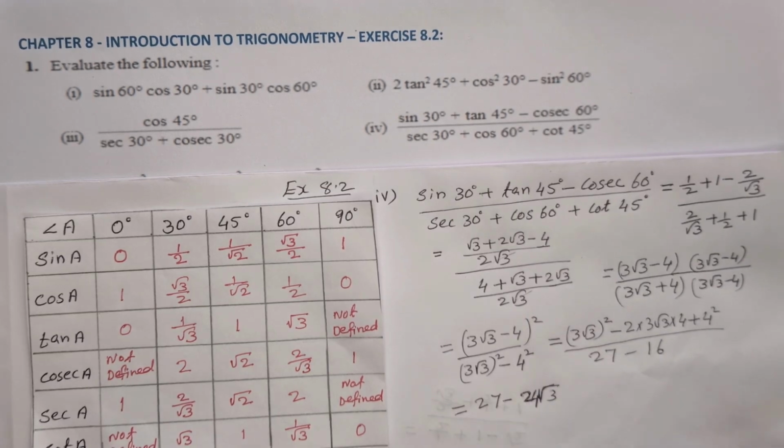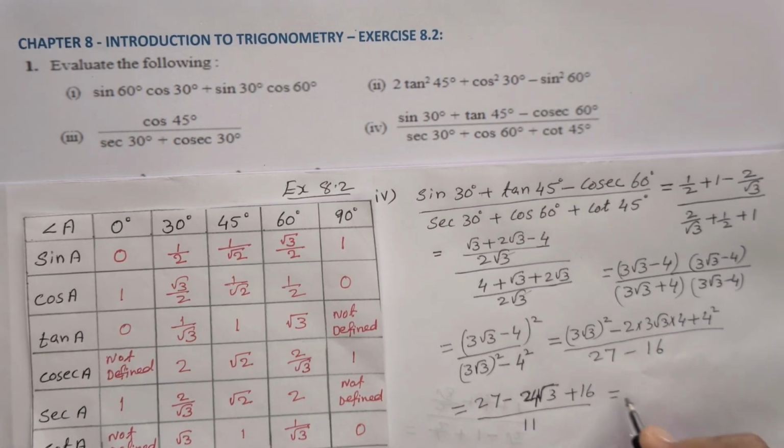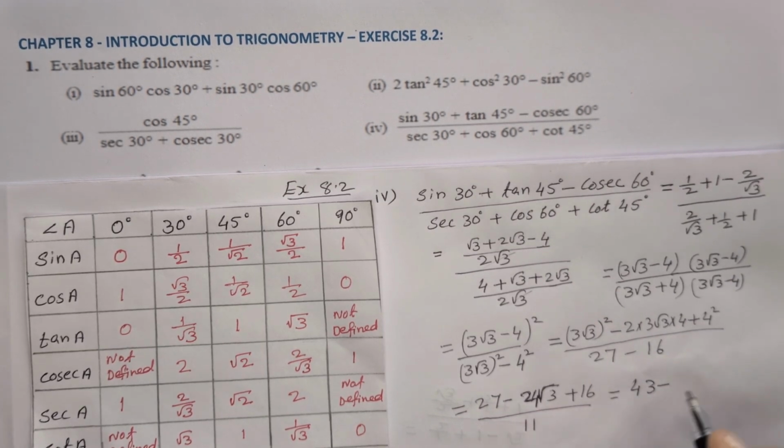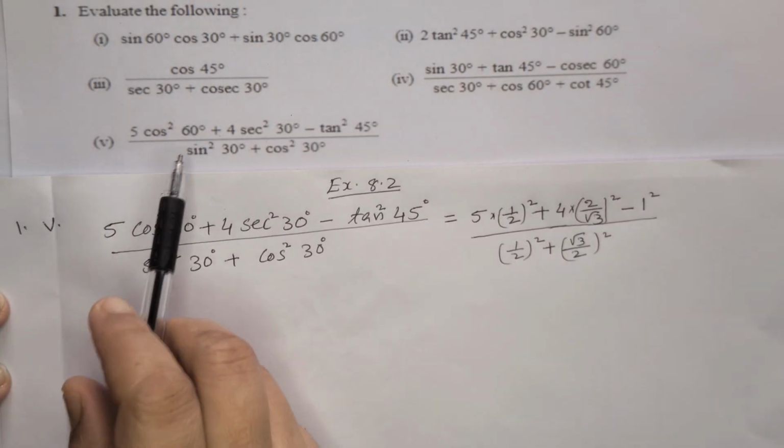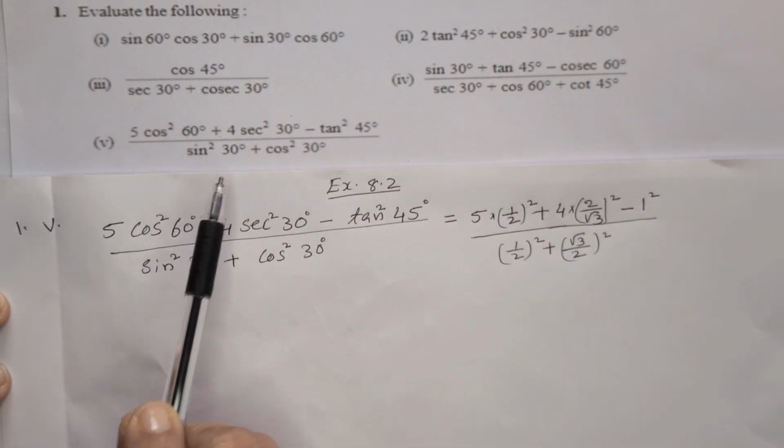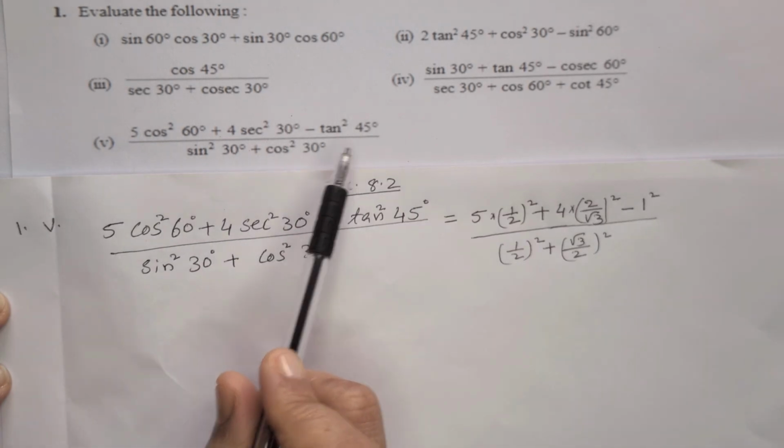24 root 3 plus 16 divided by 27 minus 16, 11. Now 27 plus 16 in the numerator, that will come 43 minus 24 root 3 divided by 11. This is the answer. Now the fifth one: 5 cos square 60 plus 4 sec square 30 minus tan square 45